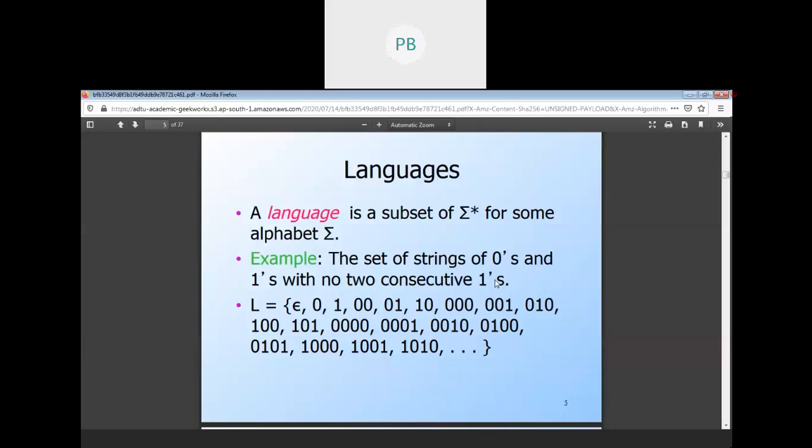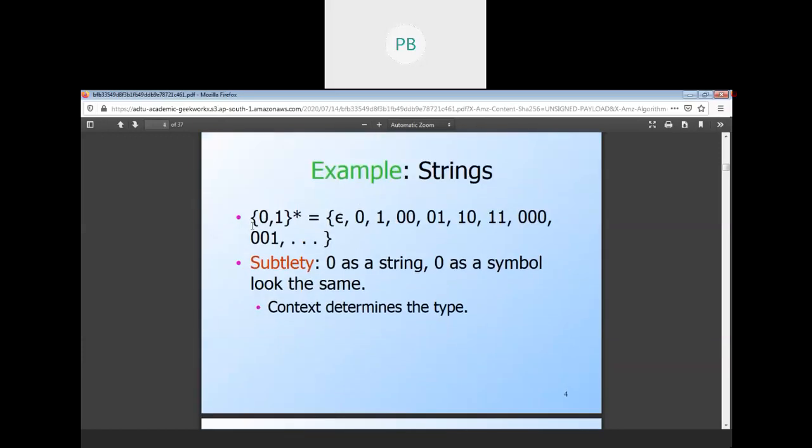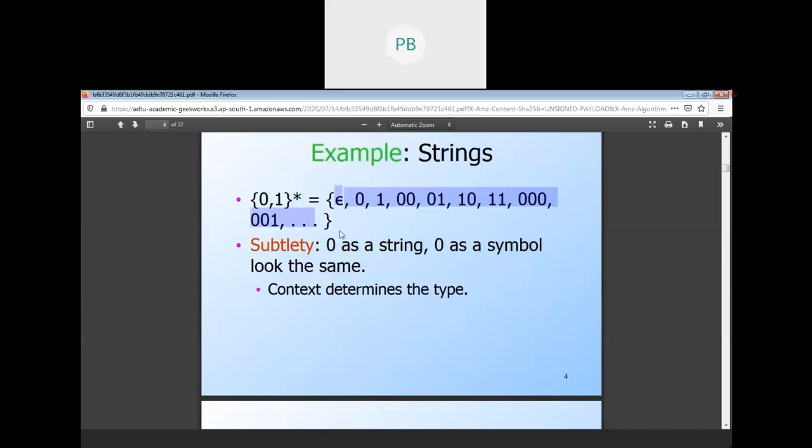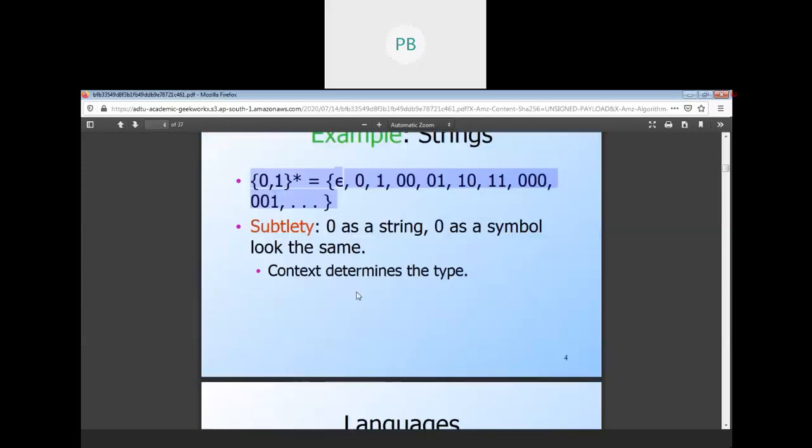Out of this, we create a language with some conditions. In the previous slide, this is a superset where we can create a sequence of zeros and ones in a specific way. Out of the whole scenario, we are going to create a language.